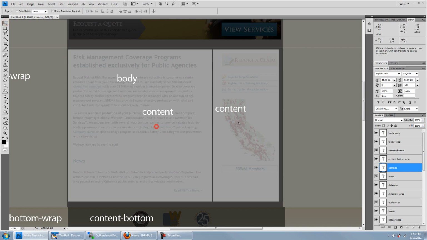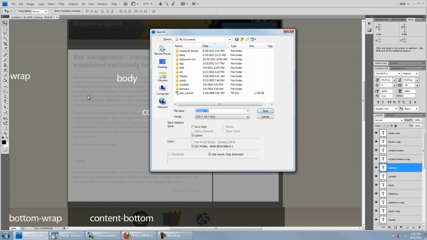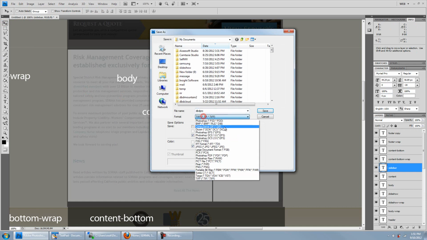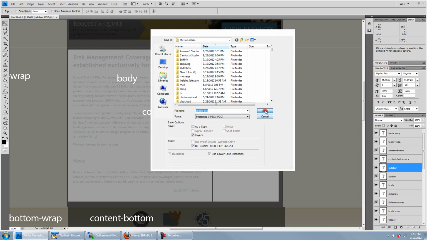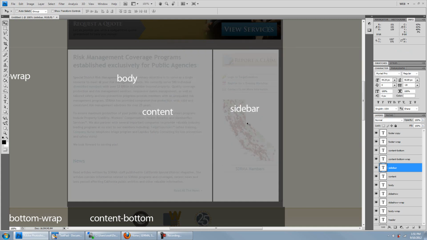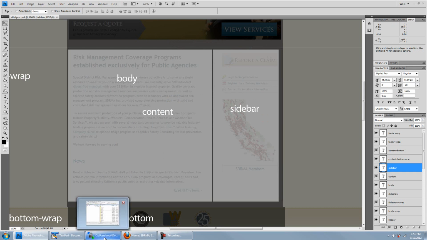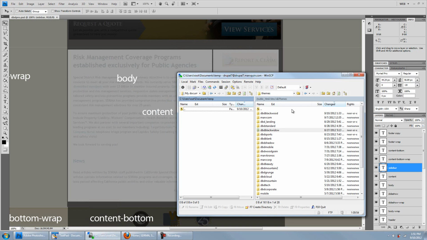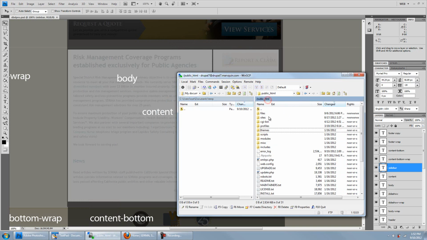And with that, we're going to now start creating the theme. Let me save this real quick, Photoshop, dbdpro.psd. So we're going to actually now jump over to my FTP program, and I'm going to create a theme on my Drupal. So I have Drupal installed here. As you can see, it's in my public HTML folder. Here's my main Drupal